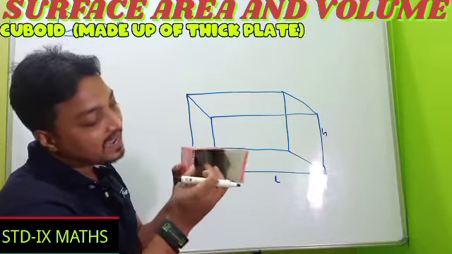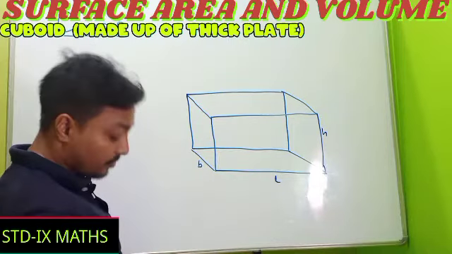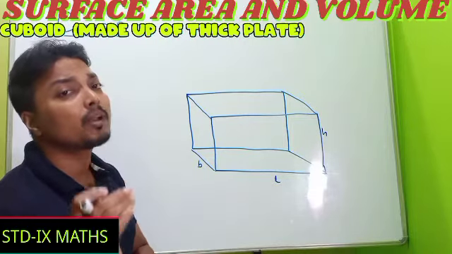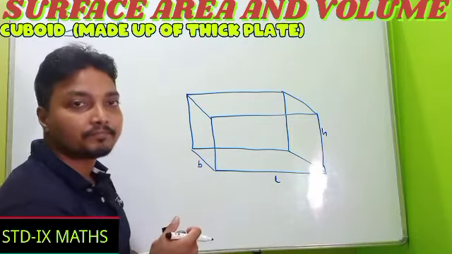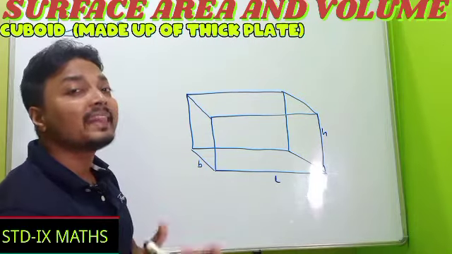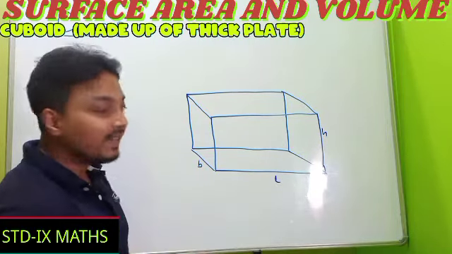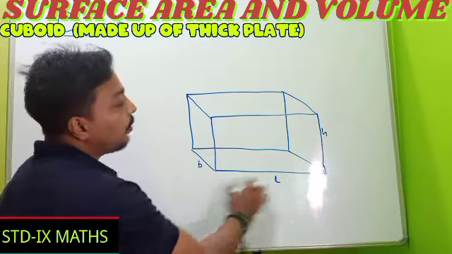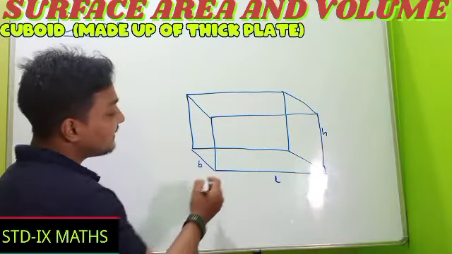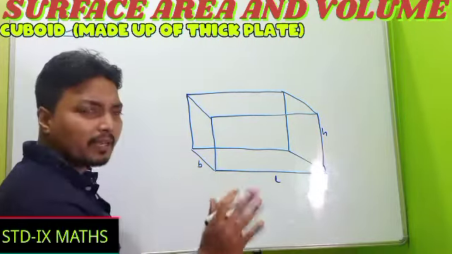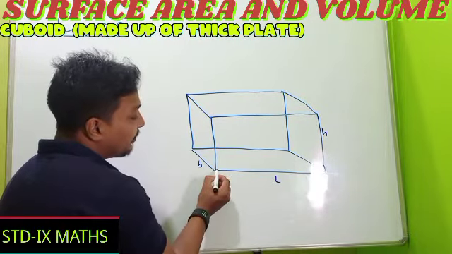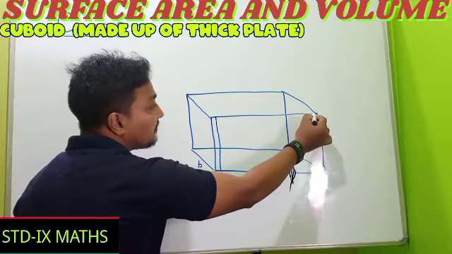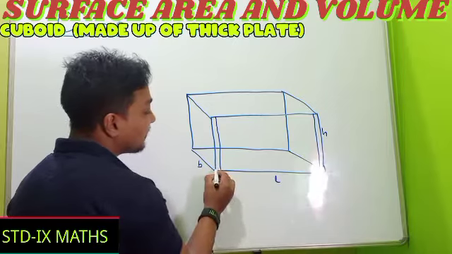But now the plate has some thickness. So whenever it has some thickness, remember one thing: this type of solid has two types of length, two types of breadth, and two types of height. It means one is for the outer, another is the interior. See, all these given are the outer. Everyone see carefully, very easy thing. This one is the length. Whenever it has some thickness, see, thickness.